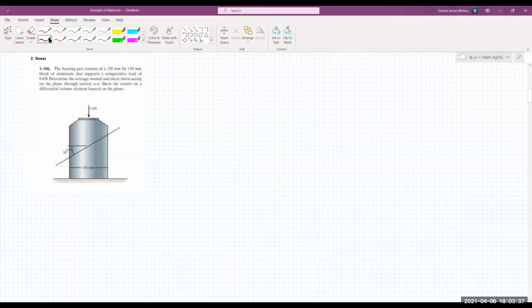So for the average normal stress and average shear stress on the given plane, the problem actually gave us a hint, which is to give the result on a differential volume. So let's have a differential volume here. A differential volume is a very small volume, a very small portion of the given bearing pad. Okay, so let's have it at a side view. So we have here a 6 kilonewton compressive force,